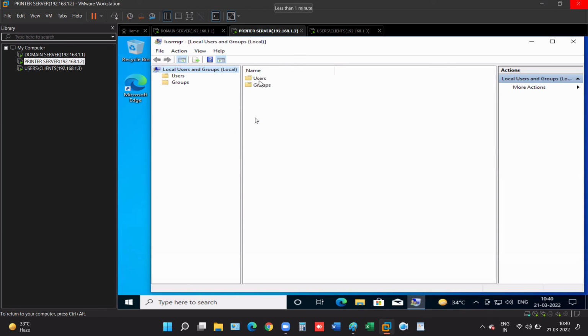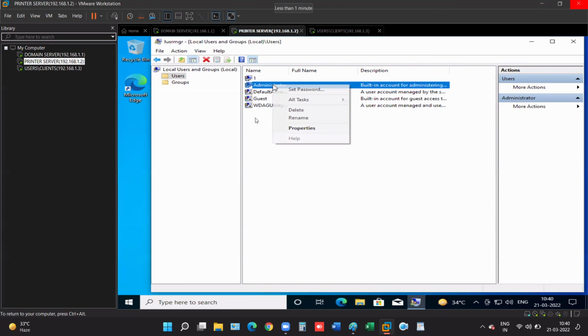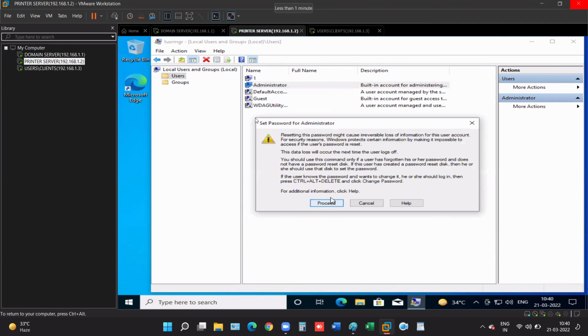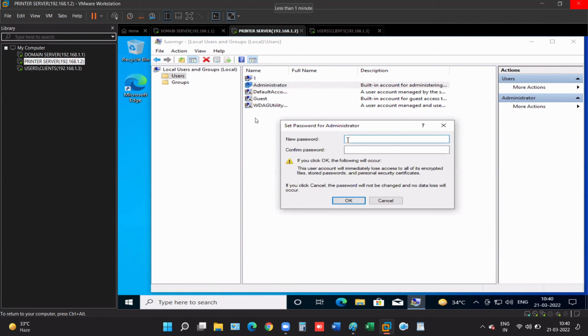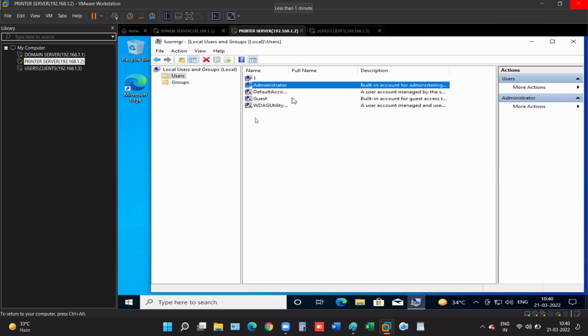So where I go to Users, double-click on Administrator, uncheck the account is disabled, click on Apply, click on OK. Right-click on Administrator, Set Password, Proceed. What I enter here: normal password 12345. Click on OK. Double click